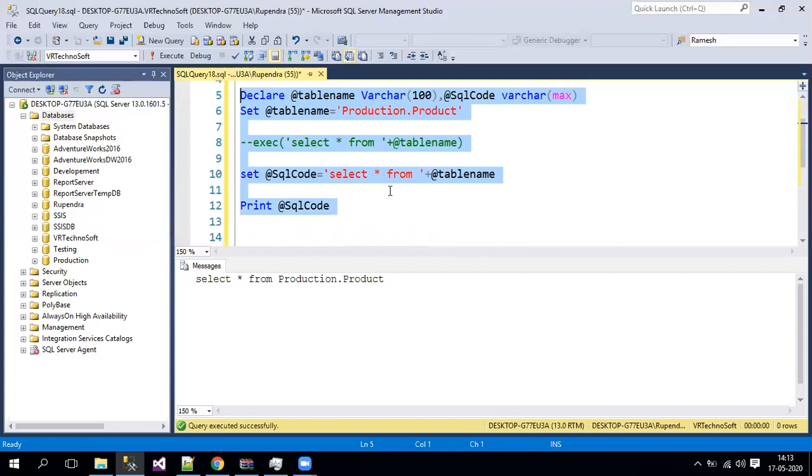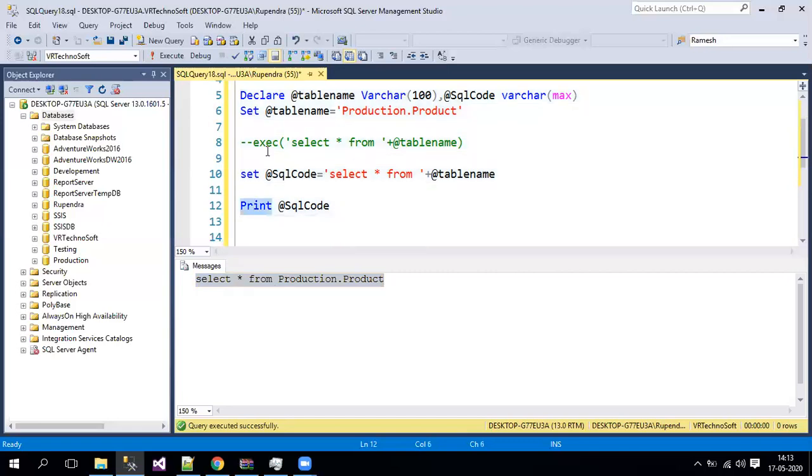It just removes all the quotes and it will give you the plain query to execute. Now it is not executed; it's just giving a select query. Now if I want to execute this query again, you can go for an exec command. Now you don't need to put your select query here, as we already stored this select statement in a variable. You have to execute that variable: exec and then the variable name.